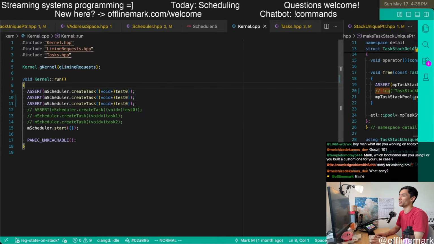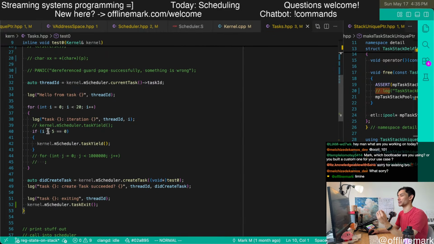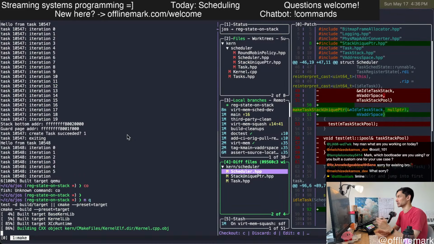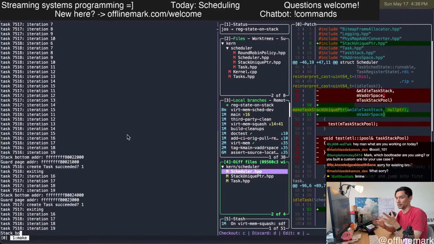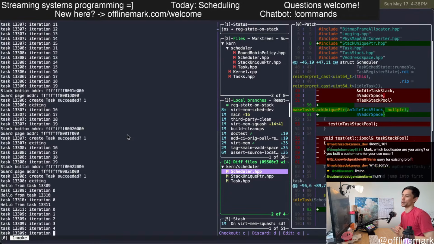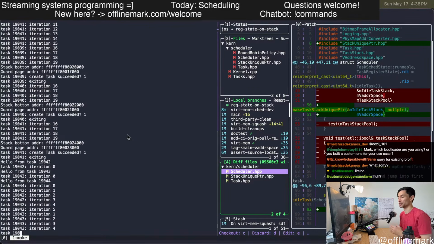I guess this makes the most sense when we have a couple of these things. Now we have a couple of tasks that are each running this function, and they're going to switch between each other when we hit the task yield. It's not really going to look different, it looks exactly the same, but that's what it looks like when the tasks are running and context switching is working.